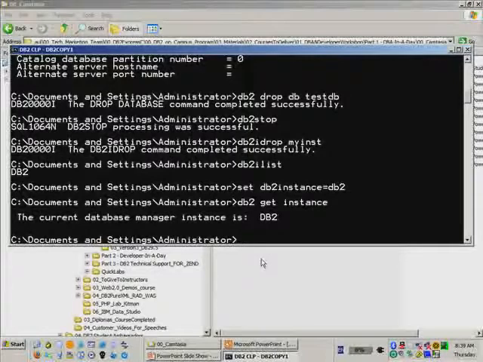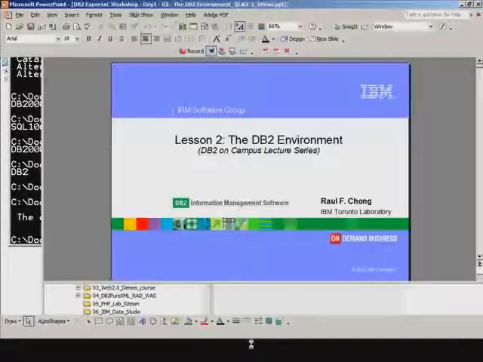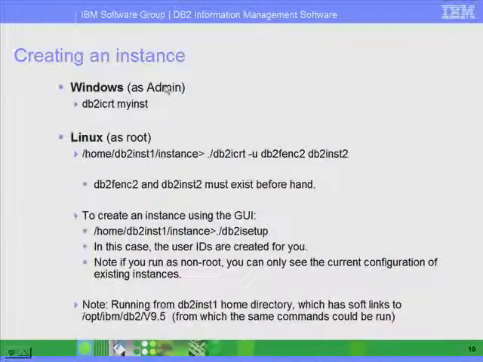So this is a very quick demonstration on working with instances from the command line. Okay, if you didn't understand this, or if you don't like to use a command line, we will show you in the next lessons how to do this using the graphical tools. Now going back to the presentation,